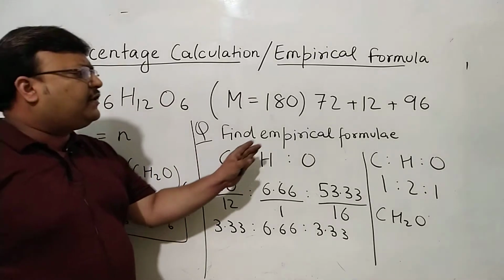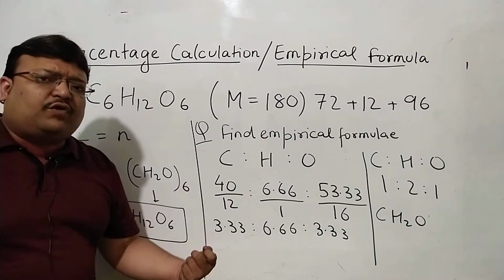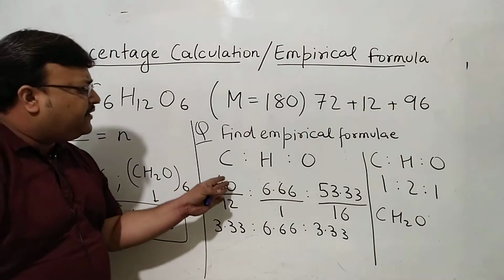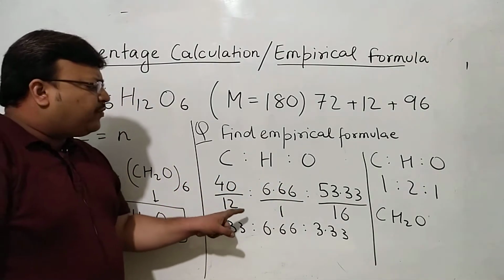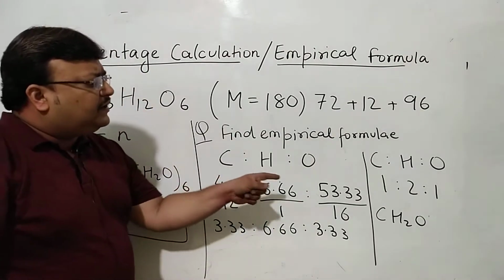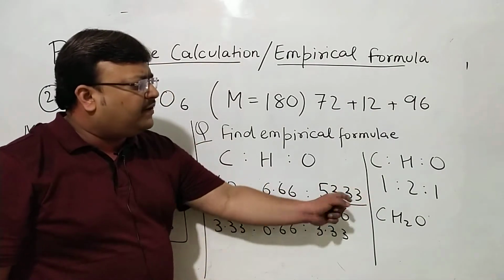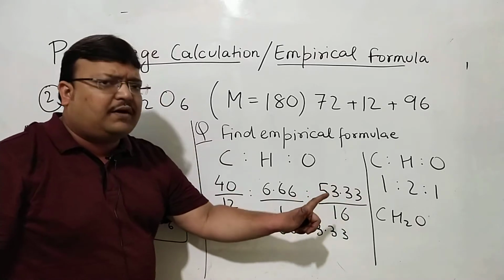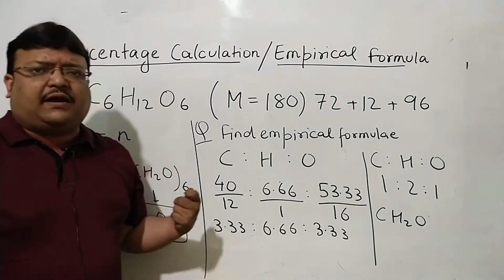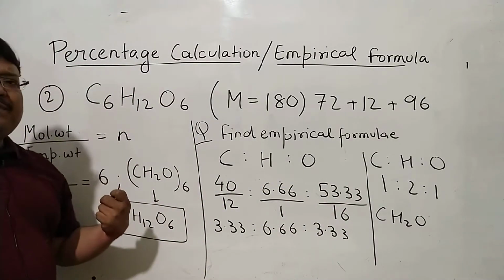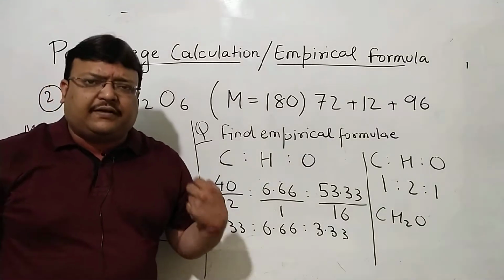But certainly to get the empirical formula, all I have to do is divide the percentage by weight or mass by the corresponding atomic weights and get the ratio of the atomicity of elements in the simplest set of whole numbers, which is the so-called empirical formula. So we have taken up 2 examples. Time to take up some real exam questions.